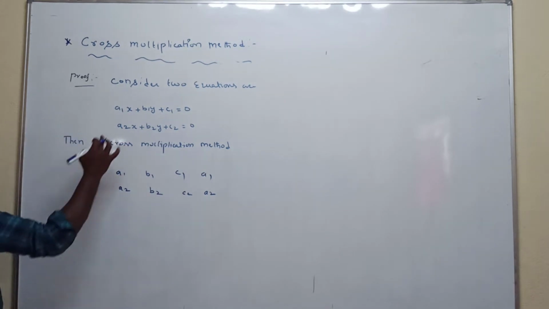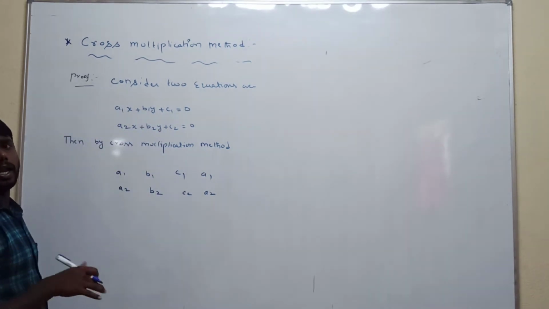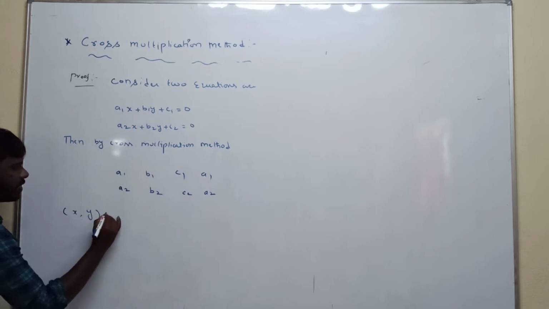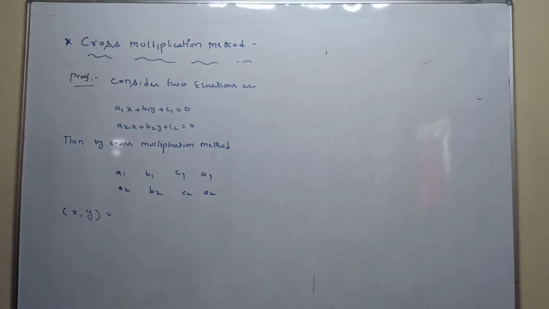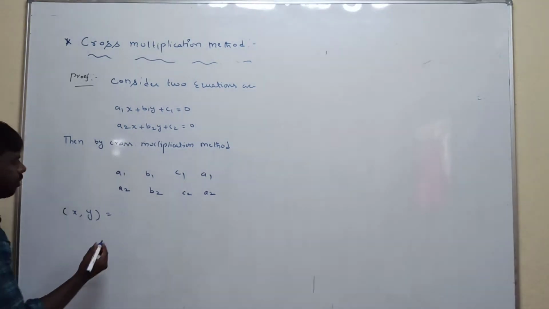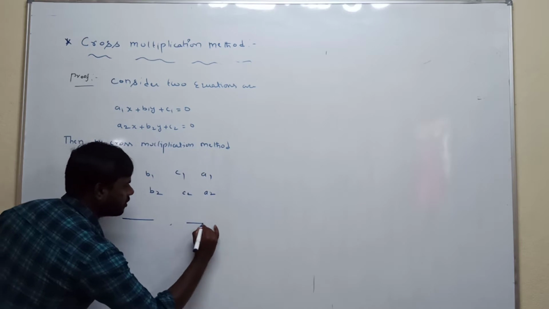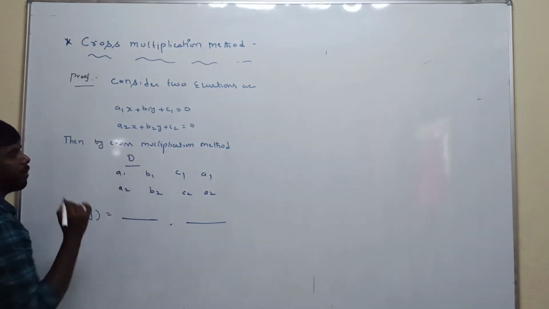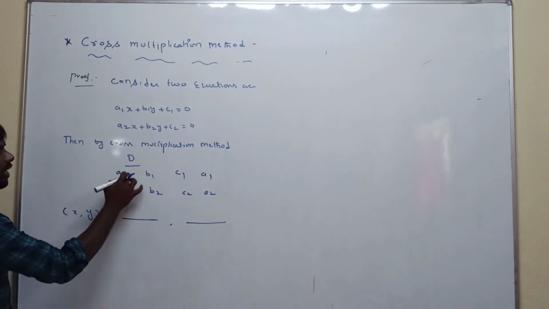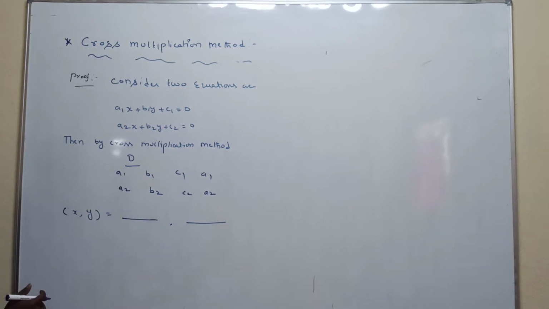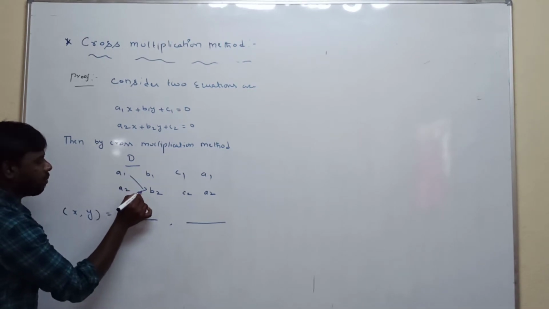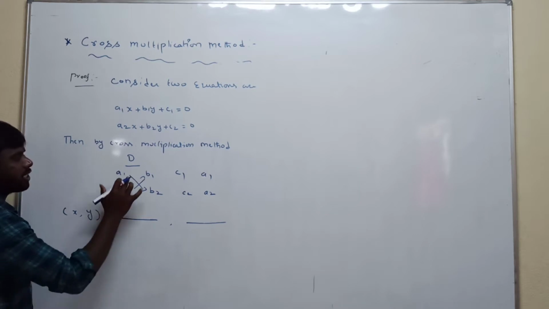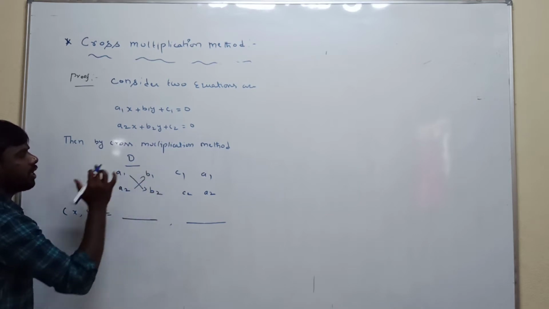Now, we don't know the x and y values, so to calculate x and y, we take the coordinate x comma y is equal to this is the x value, this is the y value. This is denoted by D, which is the denominator. We take these values as the denominator for x and y. How to take this value? By applying cross multiplication. Both the x and y denominator values are the same, so this whole value is considered the denominator.